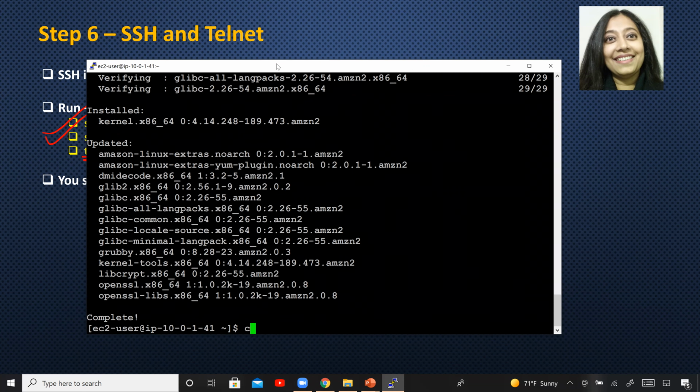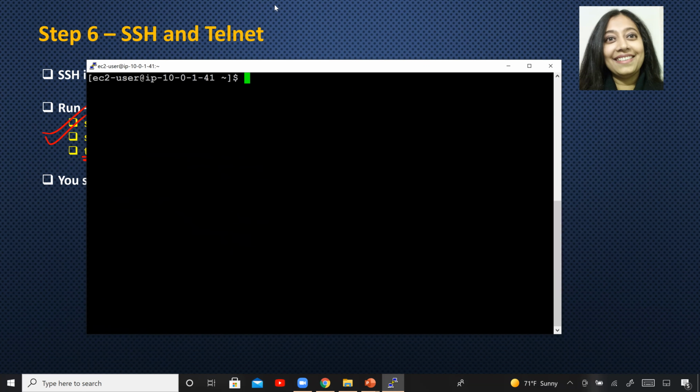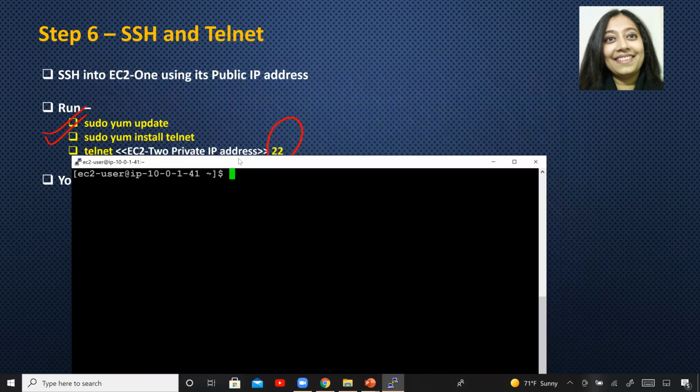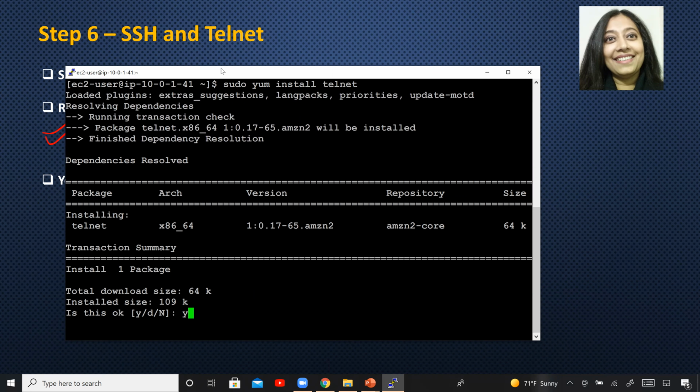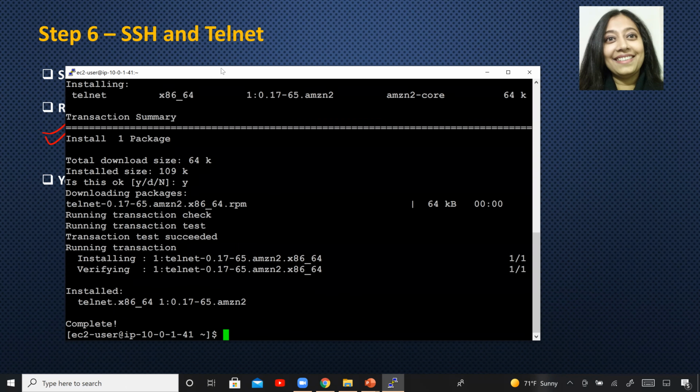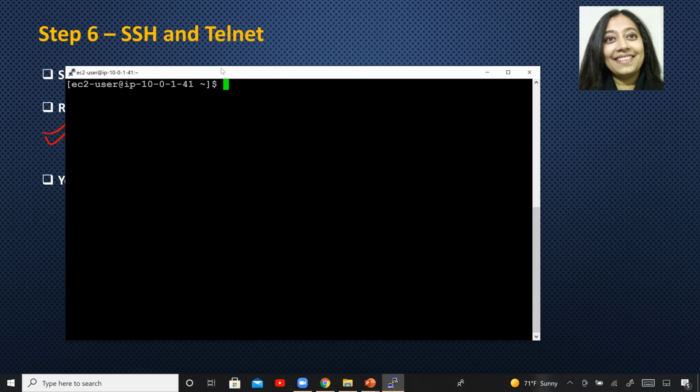Okay, so the update has been completed. Clear the screen. The next thing we need to do is install Telnet. So sudo yum install telnet. So Telnet has been installed. Again, clear the screen.